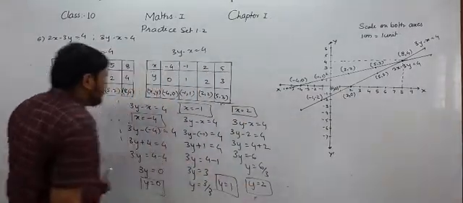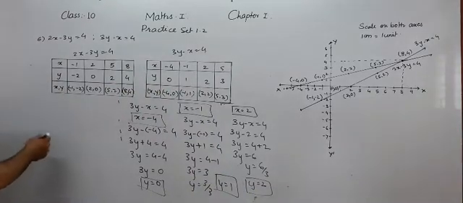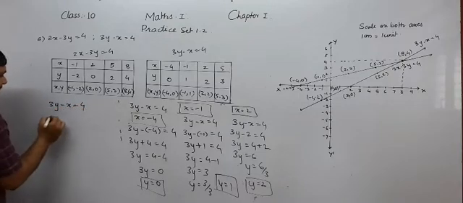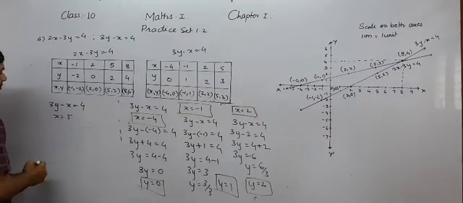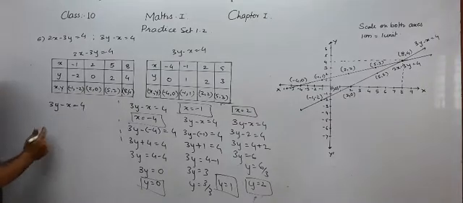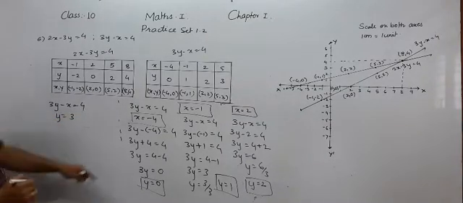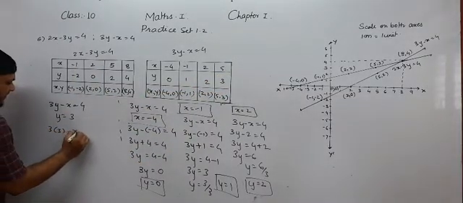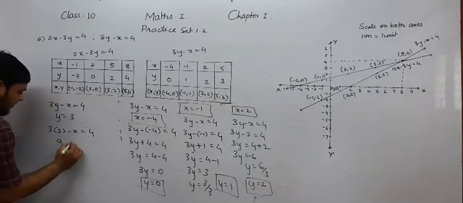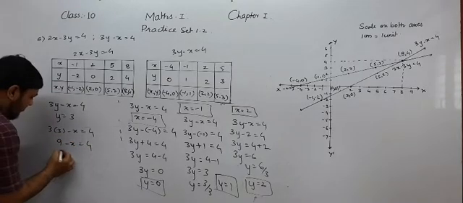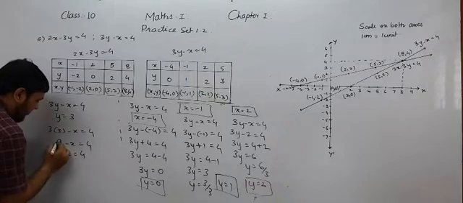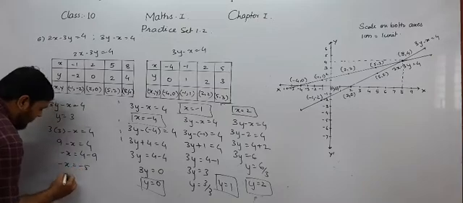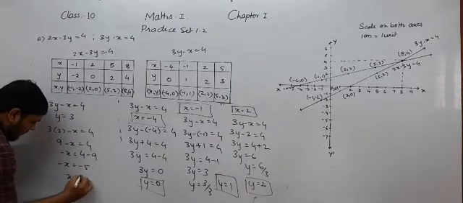So here I will do the last ordered pair. I will solve it for the last ordered pair. So 3y minus x equal to 4. So x equal to 5 now. So instead of putting x, now we will put the value of y. So y equal to 3. See whether the value of x will be 5 or not. So y equal to 3. So 3 in the bracket, 3 minus x equal to 4. 3 3s are 9. 9 minus x equal to 4. So it will be minus x equal to 4. This 9 will go to this side, will be negative 9. So negative x equal to 4 minus 9, negative 5. So negative will be positive, x equal to 5.